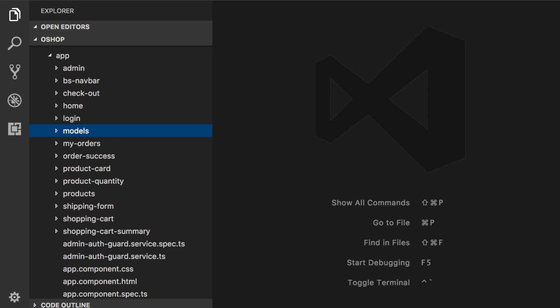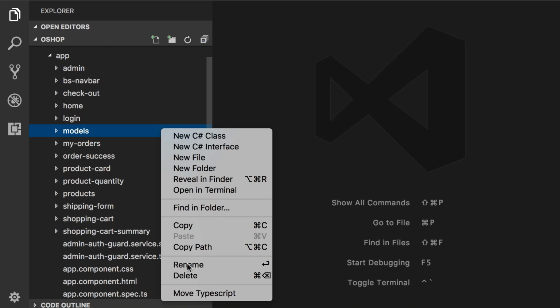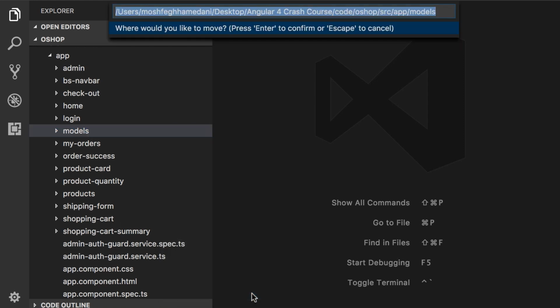So first I want to move this models folder here. Now here I want you to follow these steps exactly like what you see in this video. Otherwise you may get into some kind of issues. So please make sure to follow exactly like what I show you here. First I'm going to move this models folder. So right click. Now we have this new item, move TypeScript. So here I'm going to move this to a new location, that is